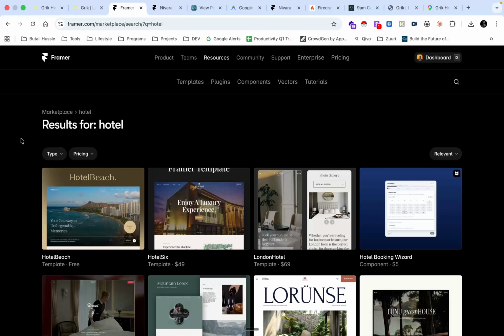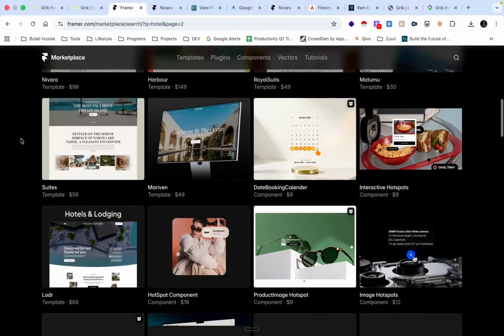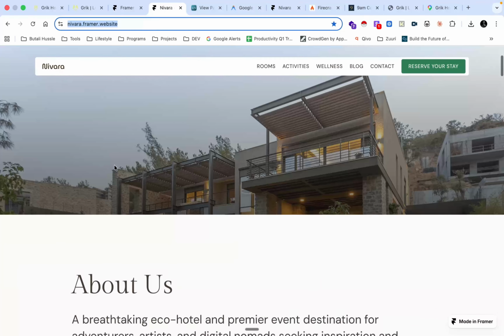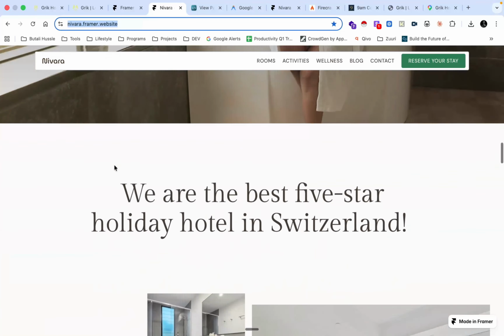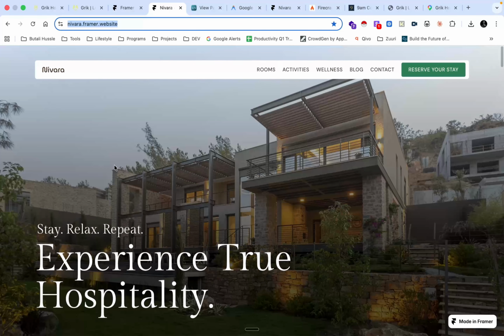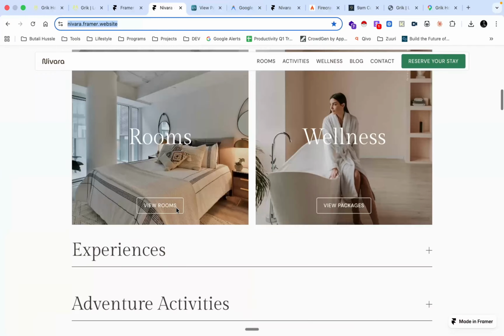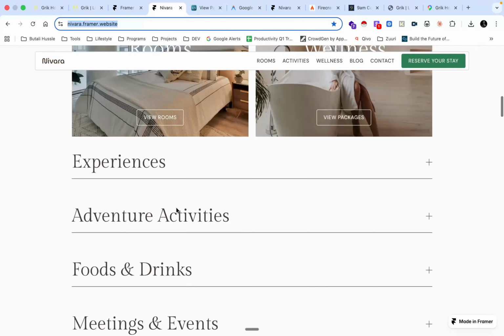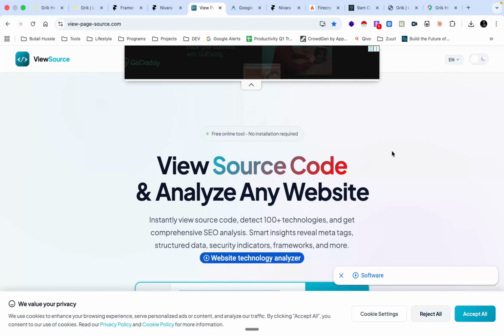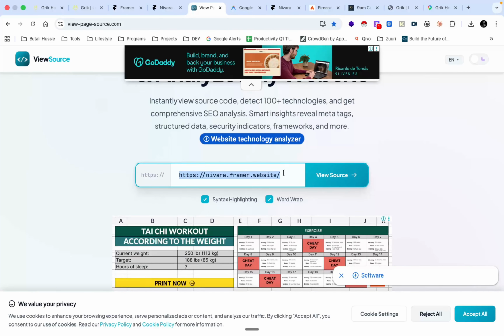So the first thing I want to do is go into Framer, and in Framer I want to pick a template that is going to help us. So this is the one that I've picked, and I see it's one that we can start to develop. What we're going to do, first things first, is go to Google Page Source and